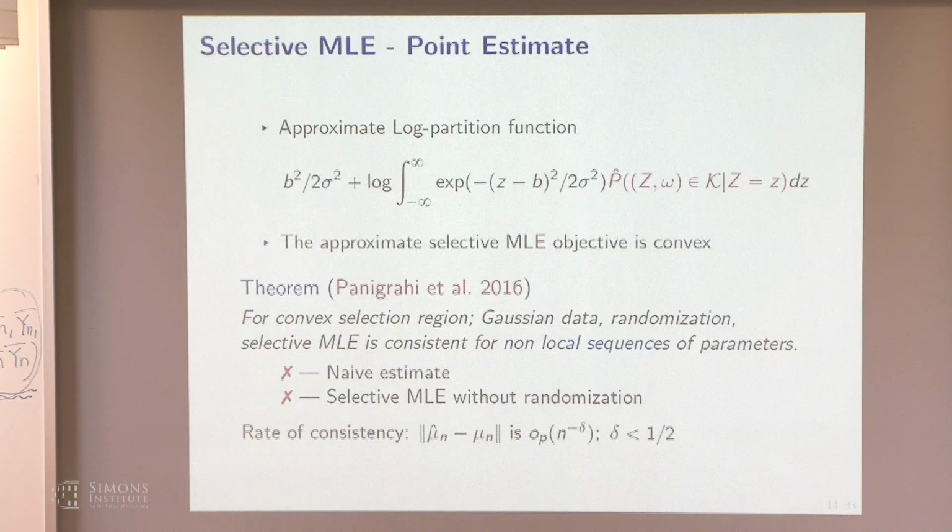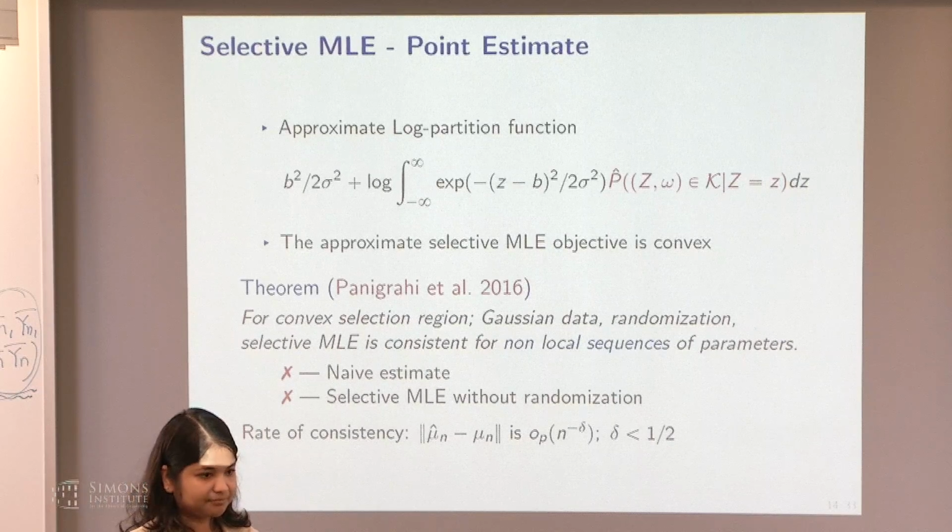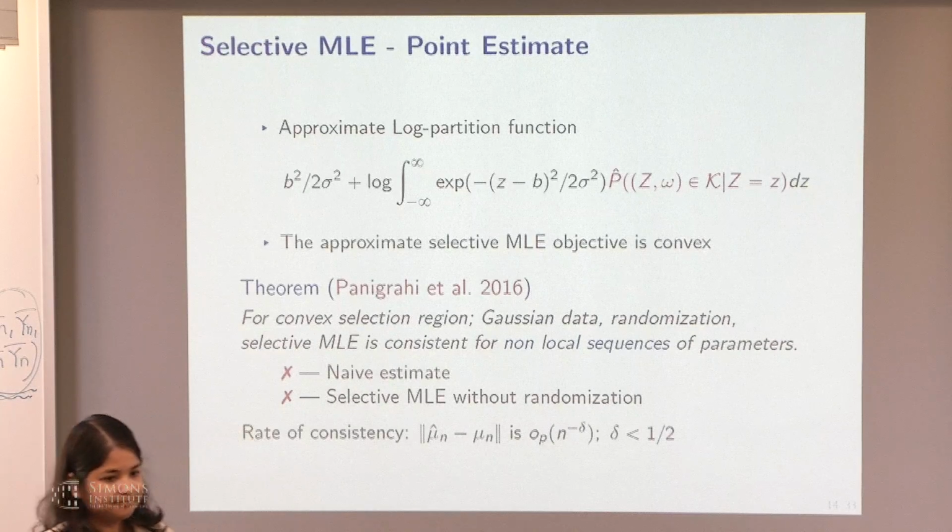So any tau larger than 0 will give you a smooth law? Yes. But having larger tau makes the rate of consistency